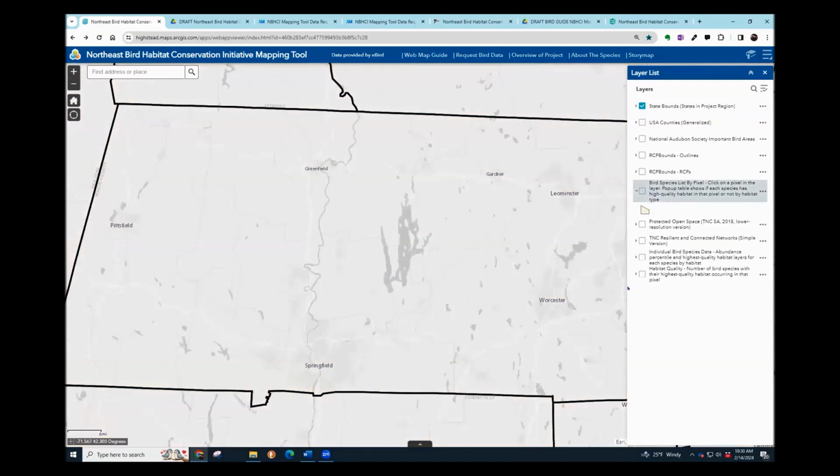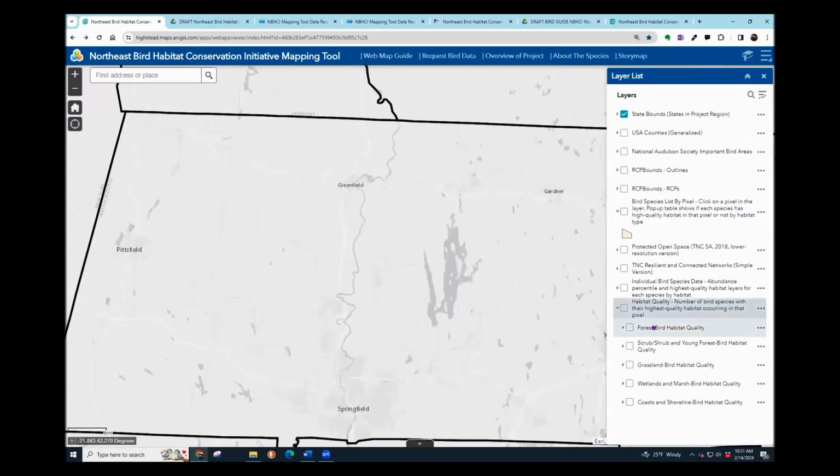We also have, so these data layers I talked about are really from a species perspective. They're showing the best breeding habitat for the individual species. But let's pretend that instead of wanting to protect habitat for a single species, we want to identify locations of a particular habitat, let's say forests, that support the greatest number of priority bird species. So the habitat quality layers, unzip them, make it bigger, are constructed such that